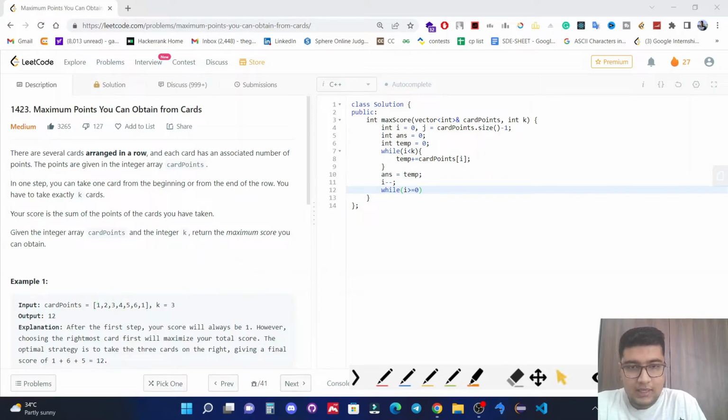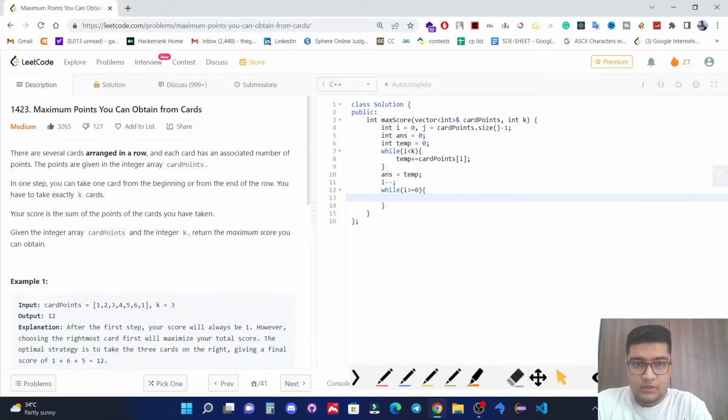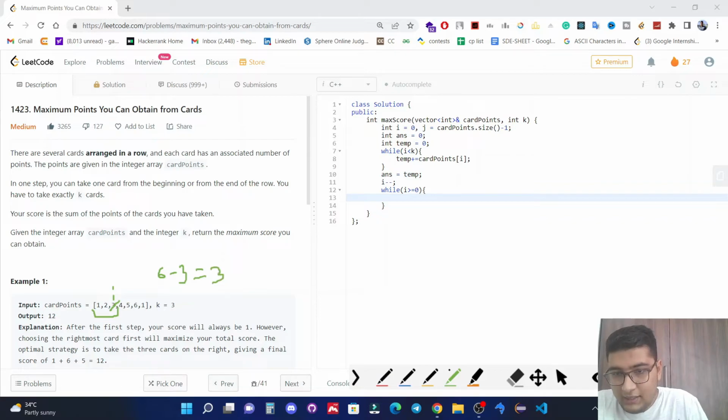Alright, so let's write the code inside the while loop. So what we will do, let's say i is here and we have taken the sum of 1, 2 and 3. So we will first decrement, like we have the sum of 2, 3 and 1, that is 6. So first we will just minus 3, that is 6 minus 3 is equal to 3, and we will add this value plus 1. Okay, so we will get 4, which is basically the sum of 1, 2 and 1. So this we are just writing in code, that is temp minus equal to, first we are just subtracting this value, so temp minus equal to